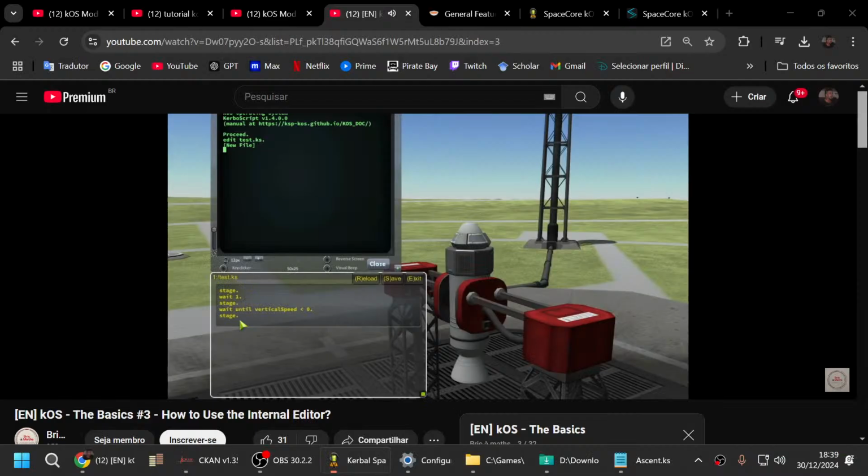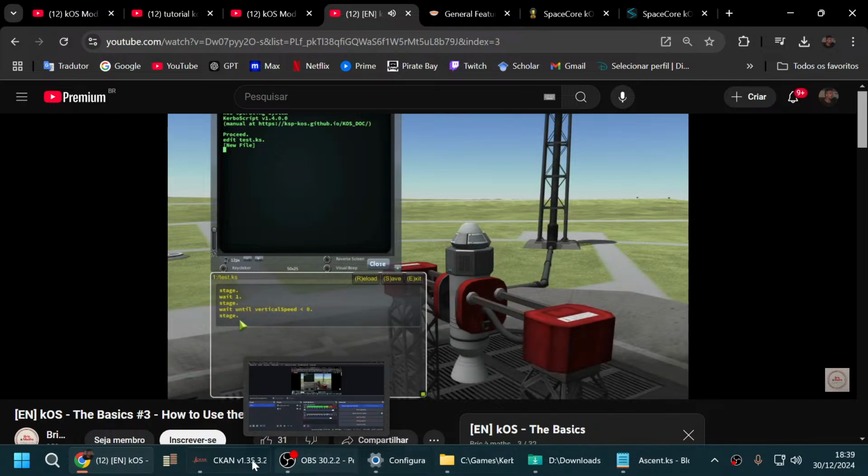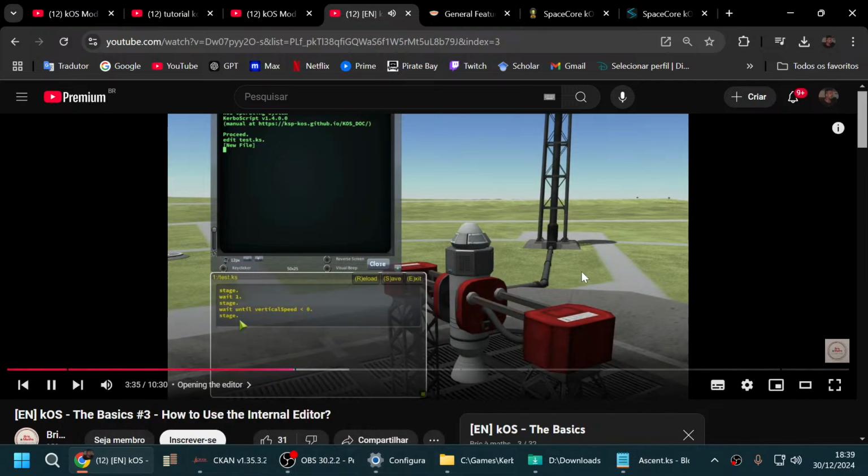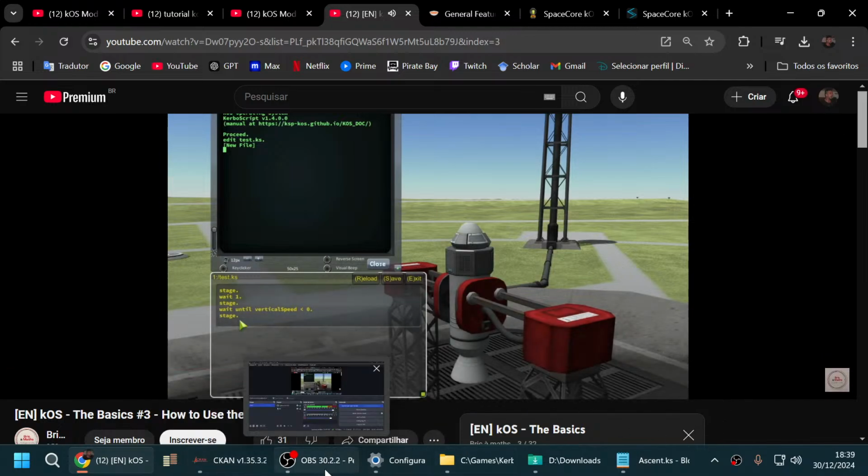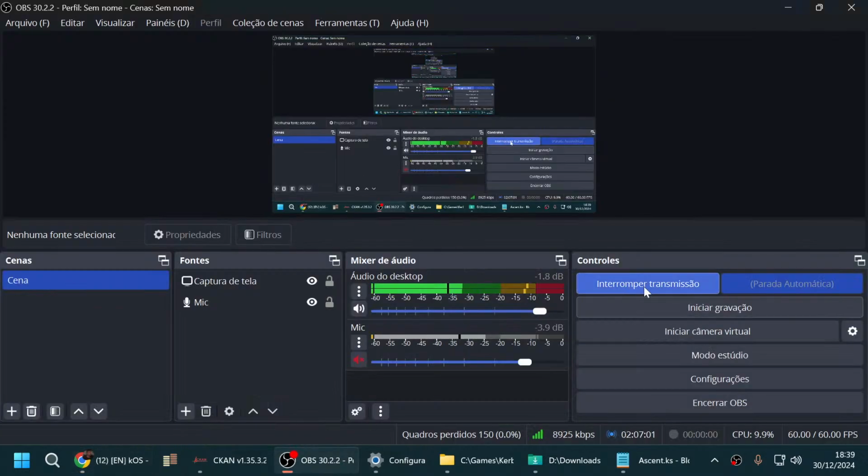And to make it even easier to read, I can add some comments. To comment a part you